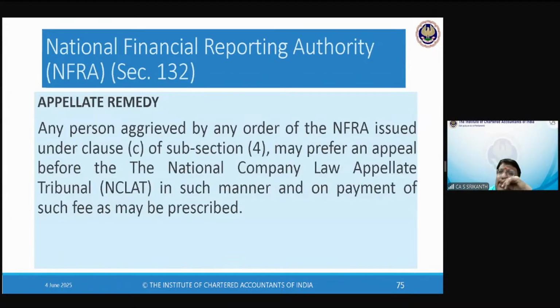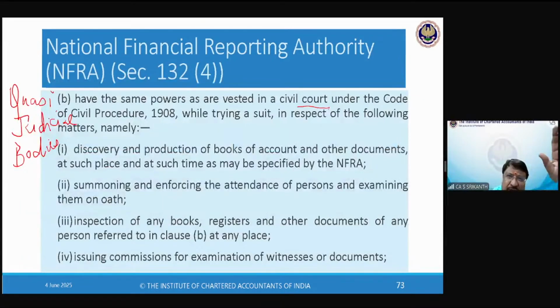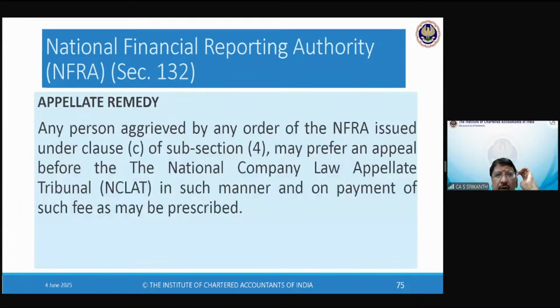Now, I'm so happy that NFRA is there, etc. But occasionally we have to remind ourselves that we are living in a democratic country. And in a democratic country, I always have the support of a judicial framework. As a teacher of law, it's my duty to make you appreciate and understand the power of a judicial framework. While the instrumentality of the state, the ministry, the employees, executives and officers of the ministry have extraordinary powers to do whatever they want, they are still circumscribed by the provisions of the Constitution of India. And the Constitution of India provides a judicial remedy.